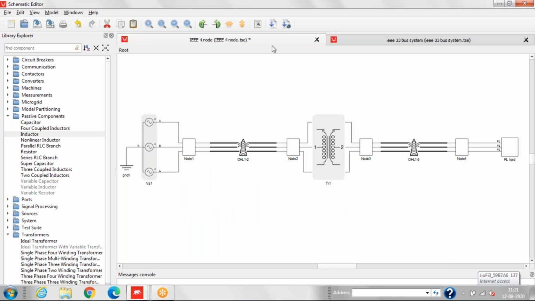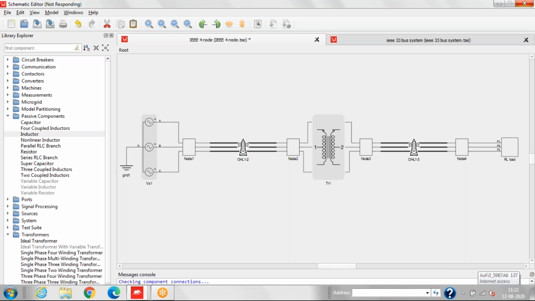Now we'll start the compilation. So we'll choose compile and open model in startup app. So it starts compiling. It will take some time because we are running in offline mode, not using any hardware device.